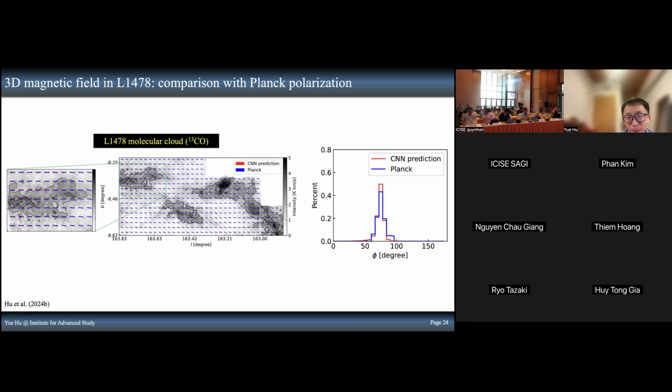Also, you mentioned that at different channel maps, you see different structures. But I thought the structures are identified in moment zero or in dust continuum. I don't see why you are identifying structures in channel maps. Because for our machine learning approach, how can we predict the magnetic field direction? We know that if it's regulated by turbulence, the turbulent velocity structure is always elongated along the magnetic field lines. But for density, like moment zero, it can be either parallel or perpendicular. Like here,